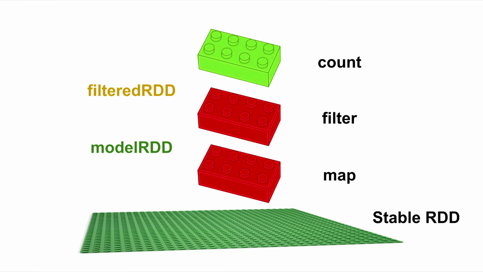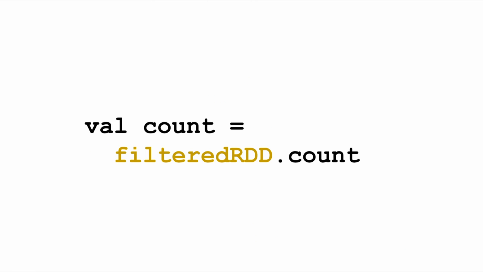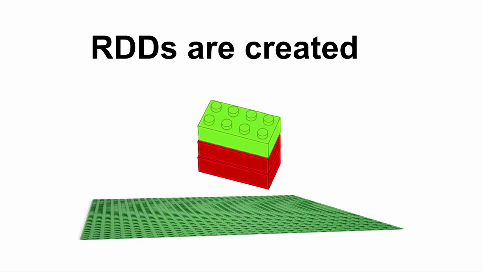I built the filter RDD, I have it inside of my program, but I've not read data out of an HDFS file system. I've not read it into memory anywhere. I've not distributed anything out to the cluster. It's actually when the action happens that it would actually do something. So essentially, I call filter.count. When my program actually executes, it snaps all the pieces together, and I've built something.